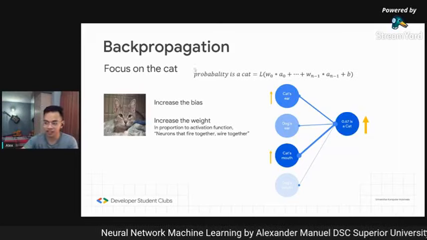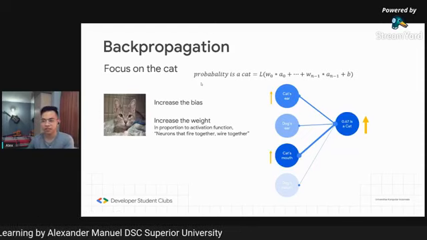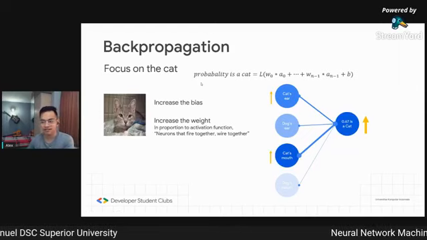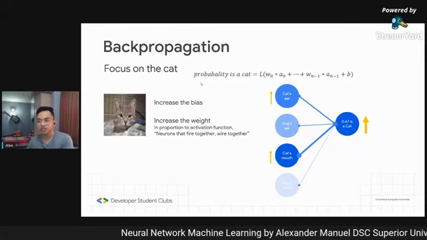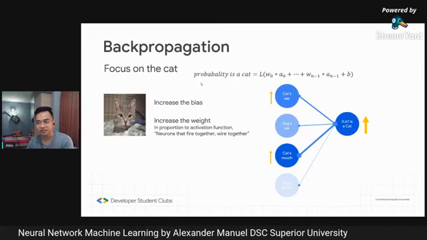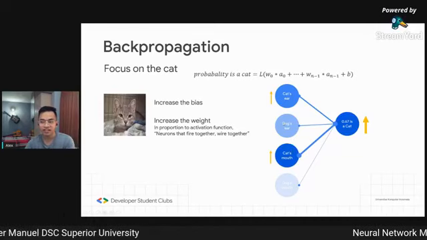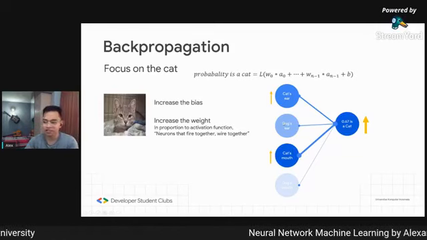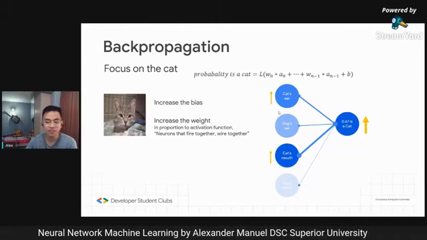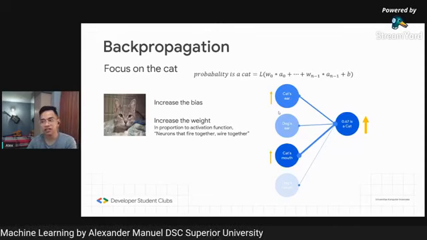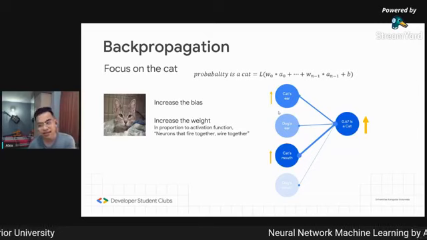Because you can see in the equation above, it's weight times acquisition function. There's a law that says neurons that fire together wire together. So something that fires together with high value is sometimes wired together. And it is shown that a cat's ear and a cat's mouth indicate that it is a cat. If the image has a cat's ear, probably it's a cat. If there's a cat's mouth, probably it's a cat.